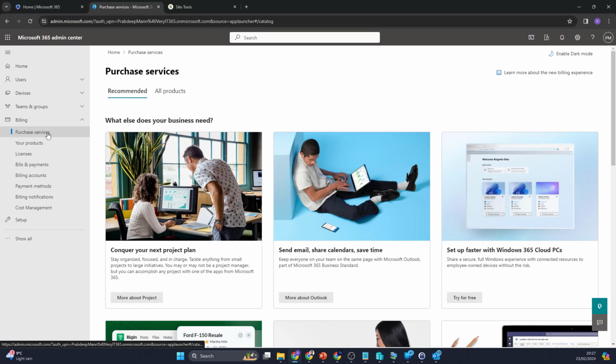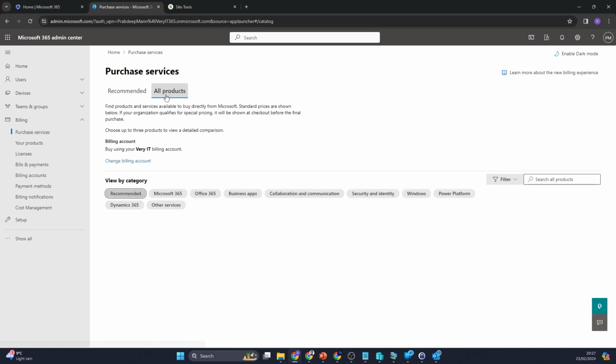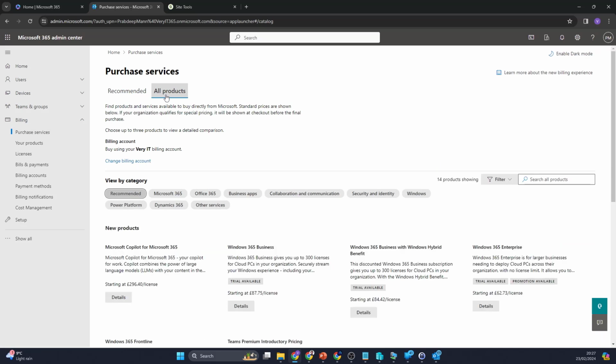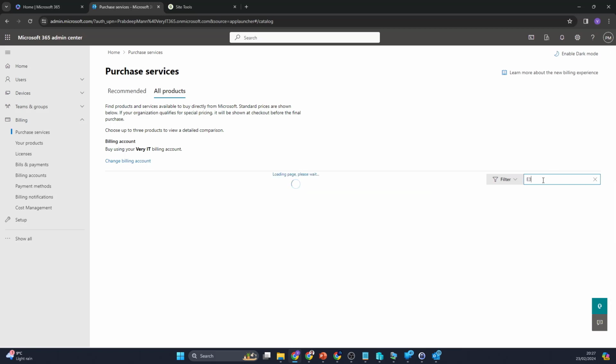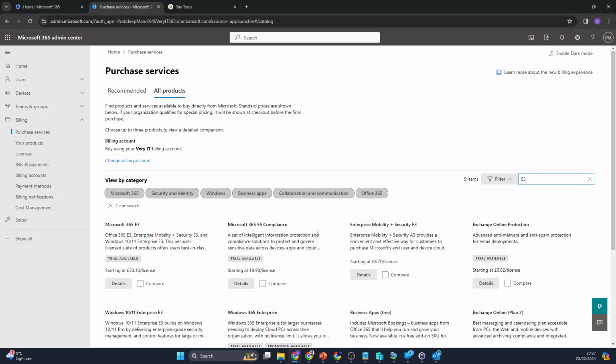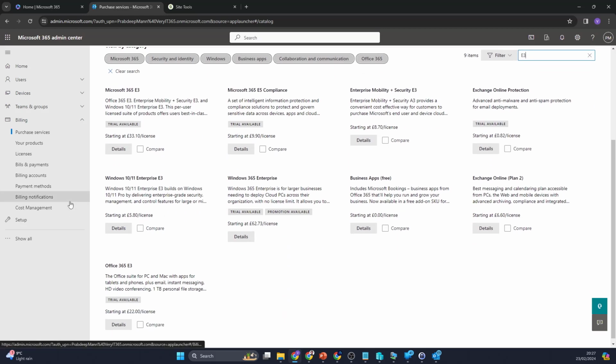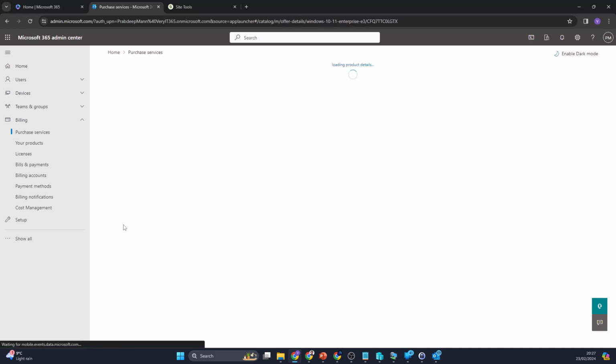This will now in turn launch all the recommended products. What we can do is go to all products, and then navigate over to the search pane and search for E3. And this will provide a list of E3. Now, if we scroll down, we'll notice that there's one for Windows 10/11 Enterprise E3. And this will provide the Windows operating system that we'll need for our virtual machine. Now, we can go over to here, go to details,